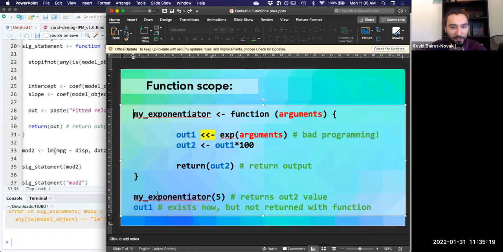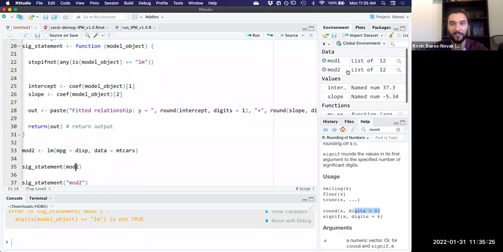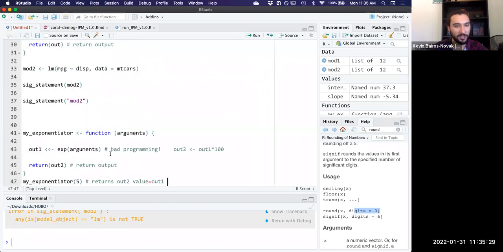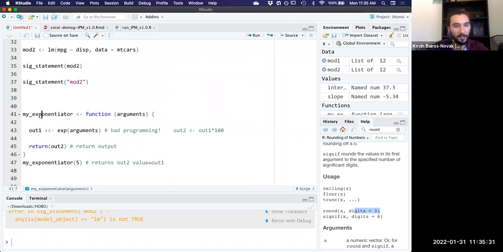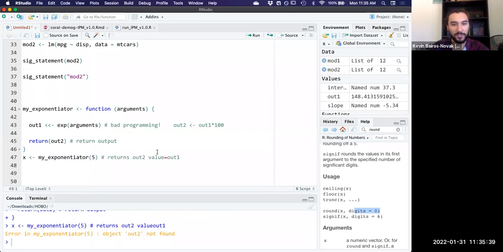And I guess I can show you if you're so interested how it's really weird. So look at my environment. There's no out1 object so far. Let's see if I've written this function at all correctly. So if we define a function, and now we try going my exponentiator 5, maybe I'll save it as x, just save it as a value. Oops, and I've got this weird,